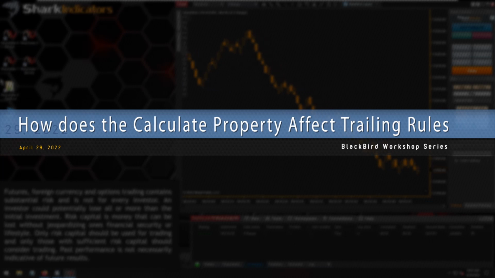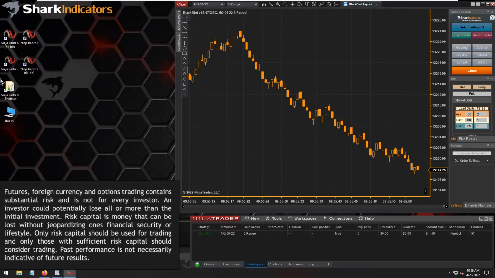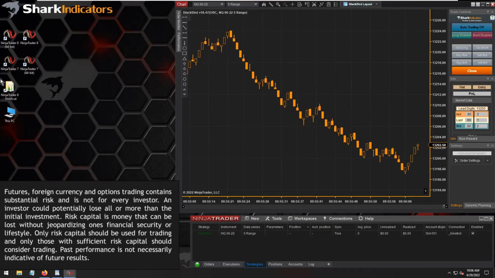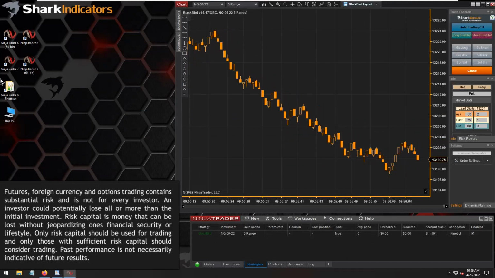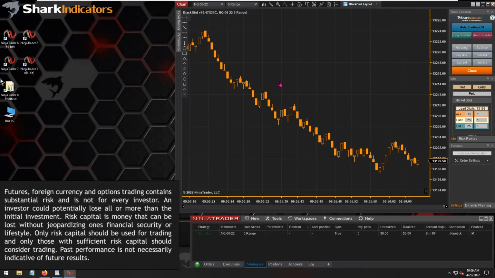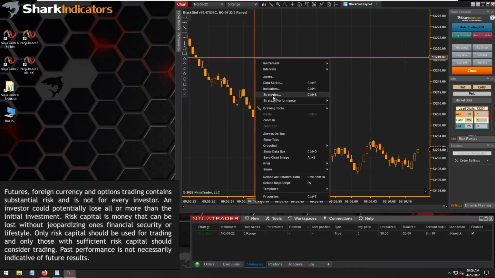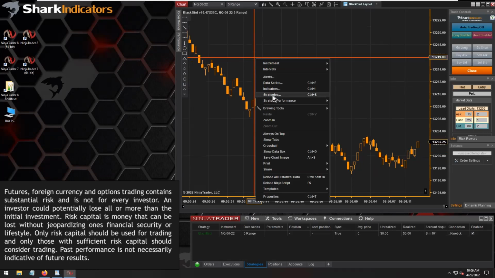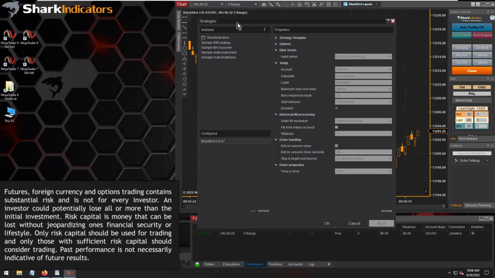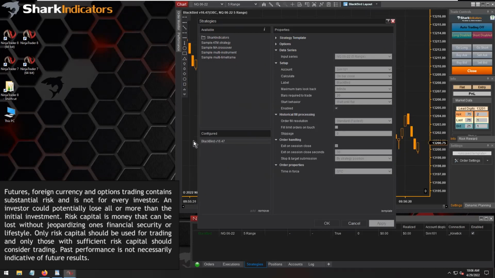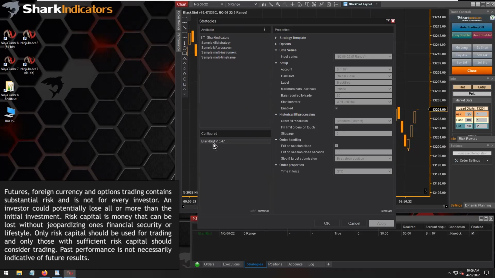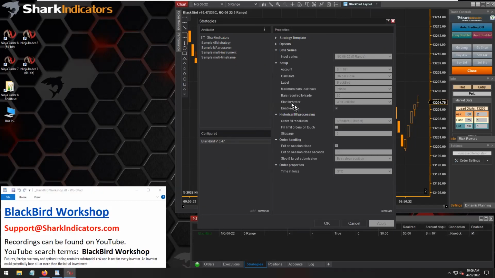Yeah, Bob's got a good technical question there that I'm sure people will understand better once they begin to grasp the technical aspect of the calculate setting by NinjaTrader. What Bob's asking about here is, if we go into the strategy window, when you add either an indicator or a strategy to your chart,